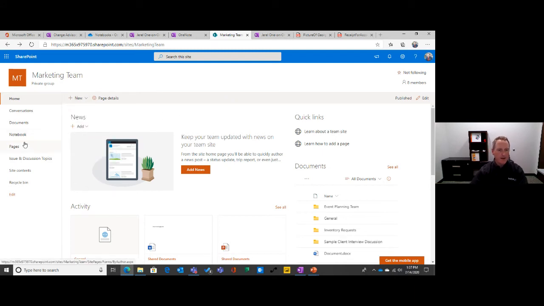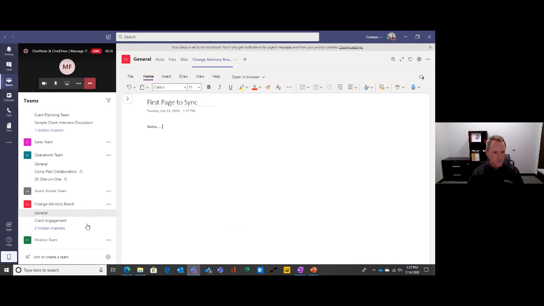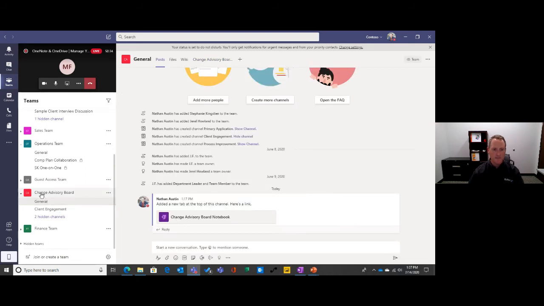The other thing you can do, and maybe this might be the best way to do it, so I'm going to try this. Let's say those two ways don't work. I would come into a team, and this isn't necessarily going to recreate the default notebook, but one of the things I really love about how Teams extends the ability to create this stuff and manage these details is that it pushes it down to the folks that are using it day to day. So if you're an owner or a member of this team,